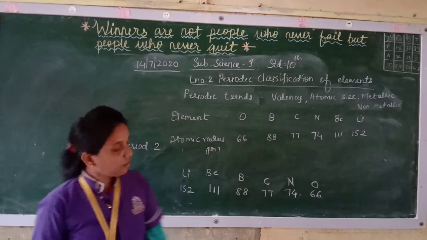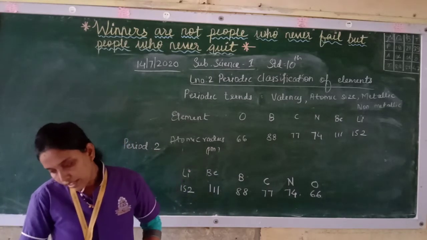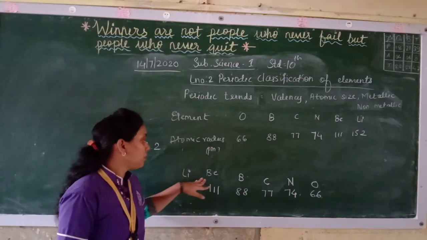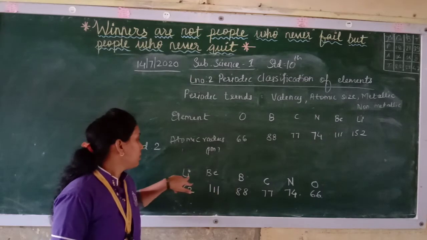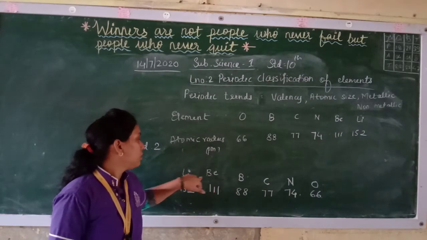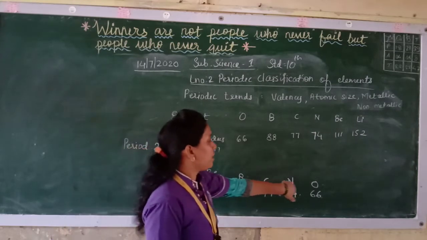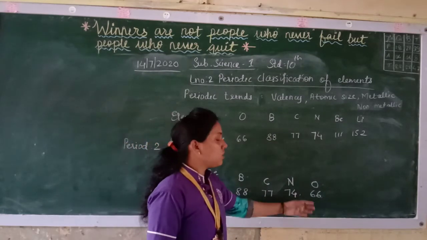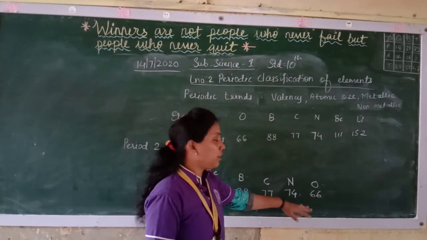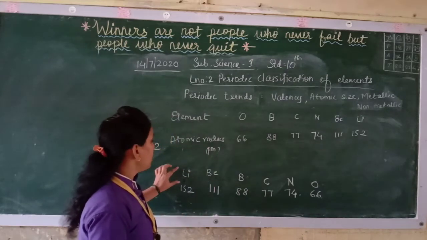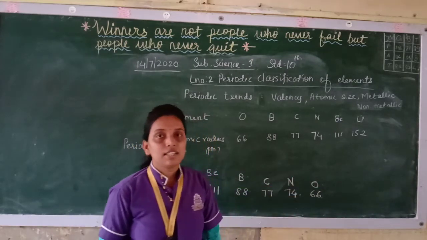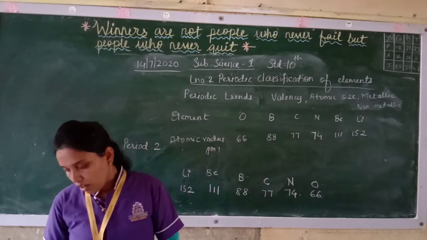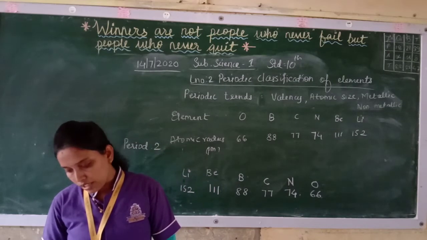So now you will find here, does this arrangement match with the pattern of the second period of the modern periodic table? See, it is matching the pattern over here. See, how much is lithium? 3, 4, 5, 6, 7, 8. It is arranged in order. So when you are arranging in decreasing order of atomic radii, you will find that you are getting the setup of the elements as it is there in the periodic table. Now further, which of the above elements have the biggest and the smallest atom?